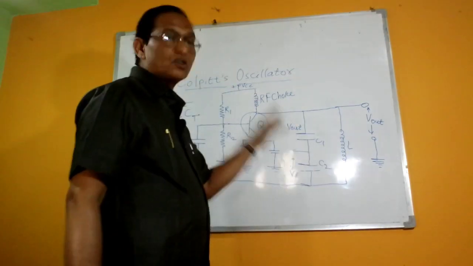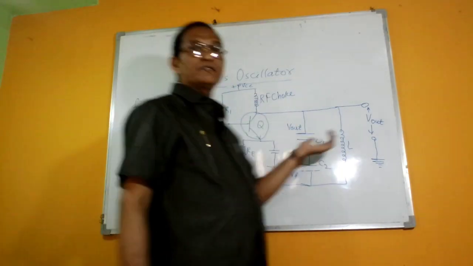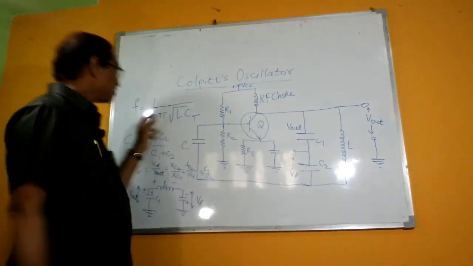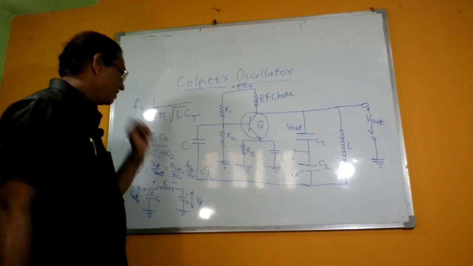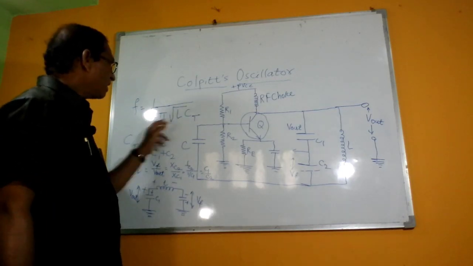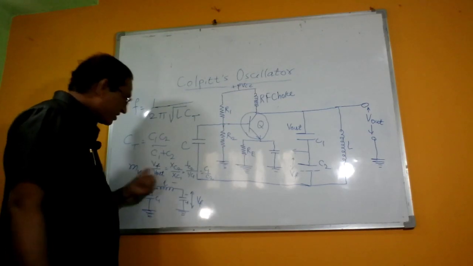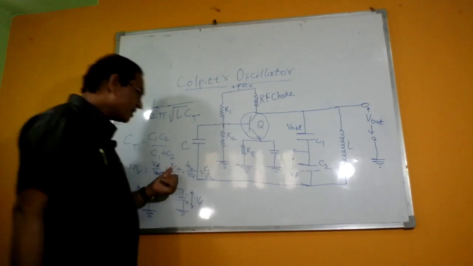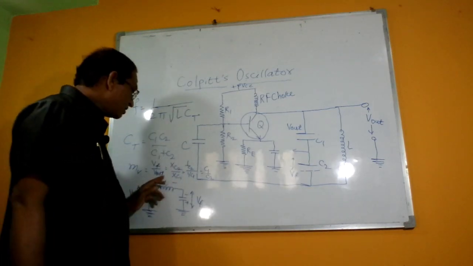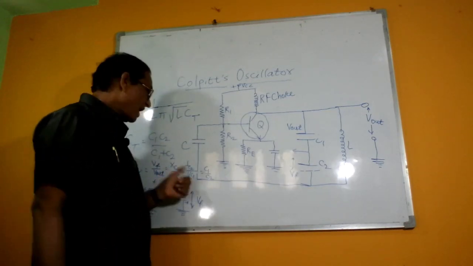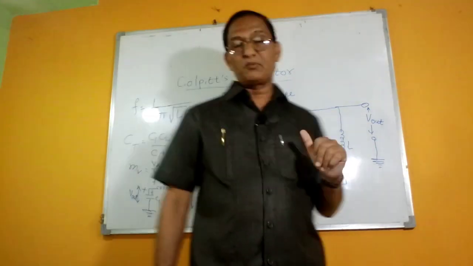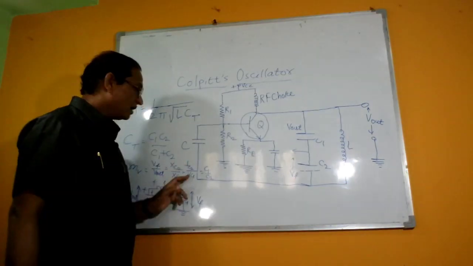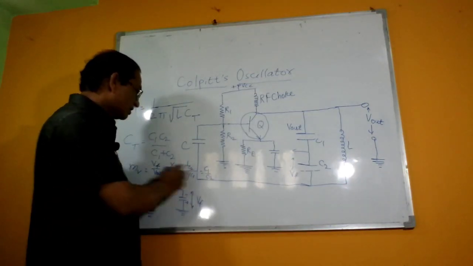Now if the oscillations set up in the tank circuit are of the desired frequency, we can get the output from this device. So the frequency is given by F equal to 1 upon 2 pi under root of L CT. Now the feedback fraction is given by Vf divided by V out, and Vf is the reactance across the capacitor C2, and this is the reactance across the capacitor C1. As the reactance is inversely proportional to the capacitance, C2 is 1 upon C2 and C1 is 1 upon C1. Therefore, this comes to be C1